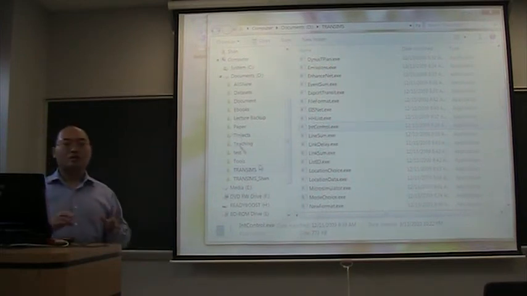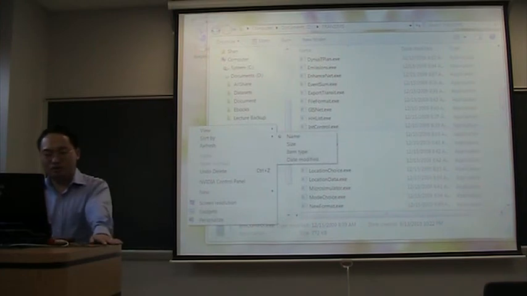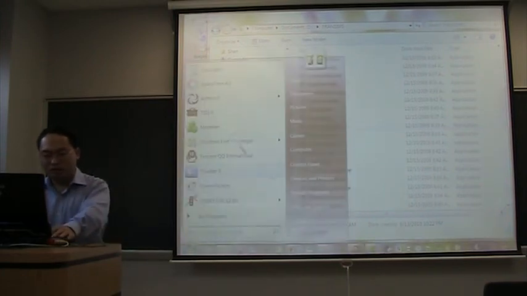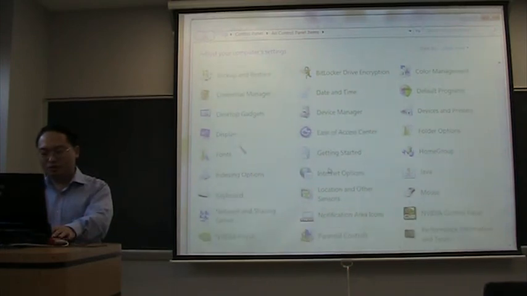You have to tell the operating system how to locate them. So the only thing you want to do is to go to System, the control panel. Then you go to